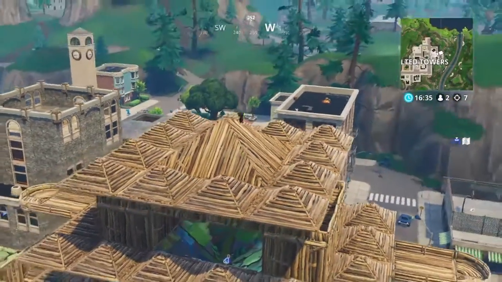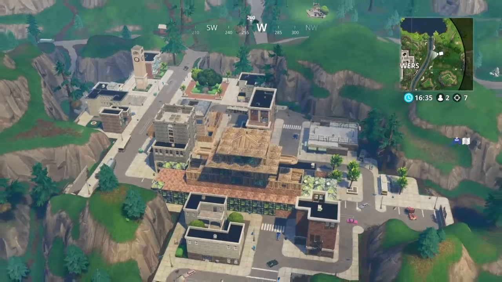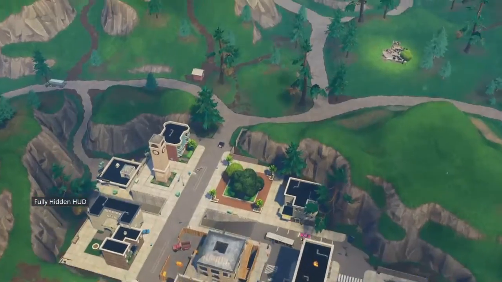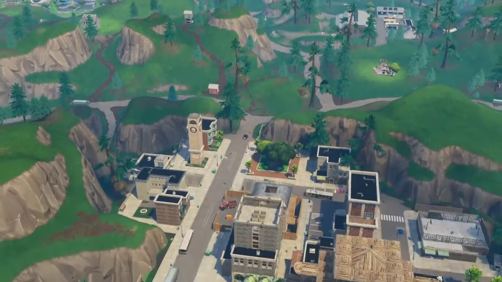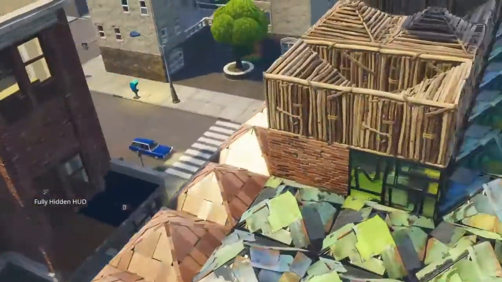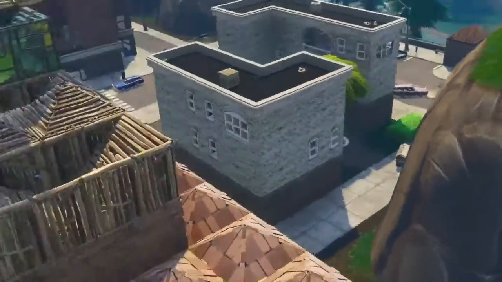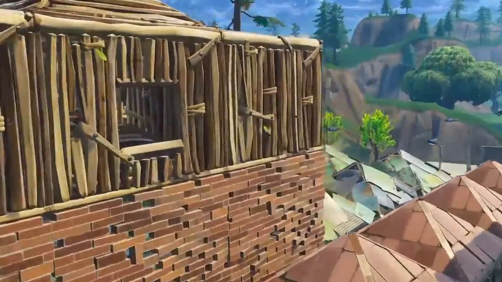And this is the tower. Compared to Tilted. First floor is just a bunch of triangles for those people who want to hide with the AR. Second floor, we just decided to put walls here, and then if you go inside of it,